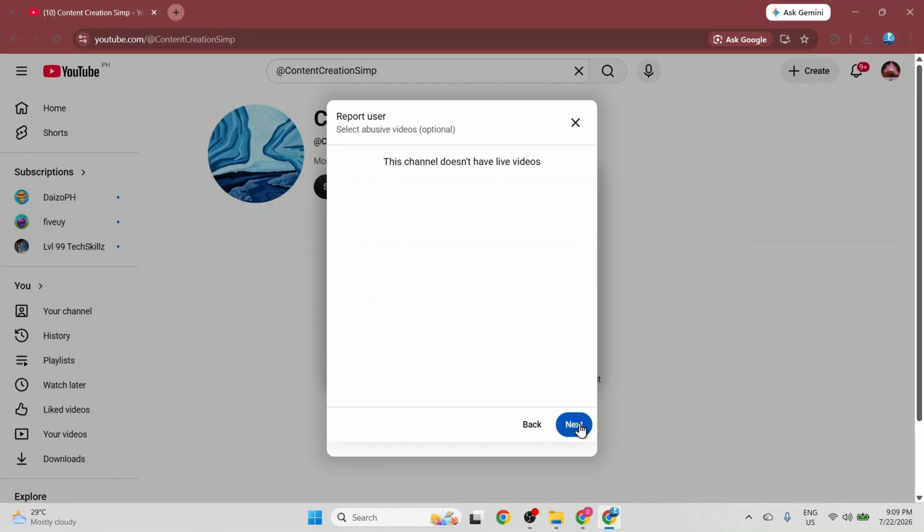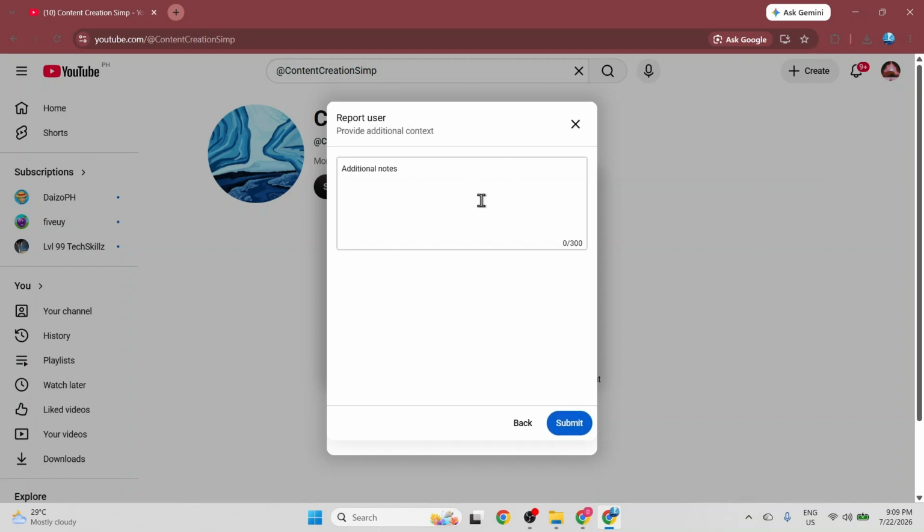The screen moves to the next step, which mentions selecting abusive videos. Since this channel has no videos listed, I simply click Next again to proceed. On the next screen, it gives me an option to provide additional context in a text box. Since I don't need to add extra notes here, I go straight to the bottom right and click the blue